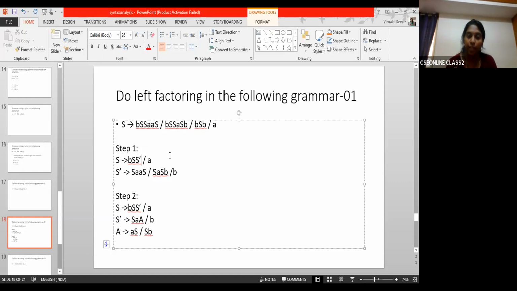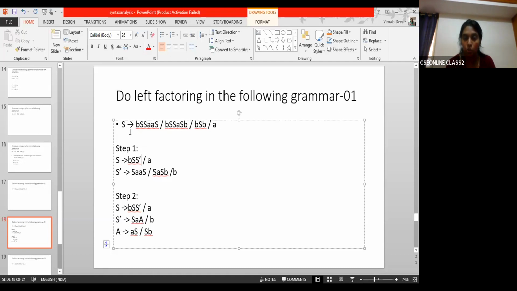Once again, carefully observe. The purpose of doing left factoring is to reduce the number of alternatives for a variable to the parser. When we manually solve, when we try to derive a string from the grammar, we don't have any problem because we can try out different alternatives and do it manually. But when the same problem is given to software, which is a parser, we have to design an efficient parser.